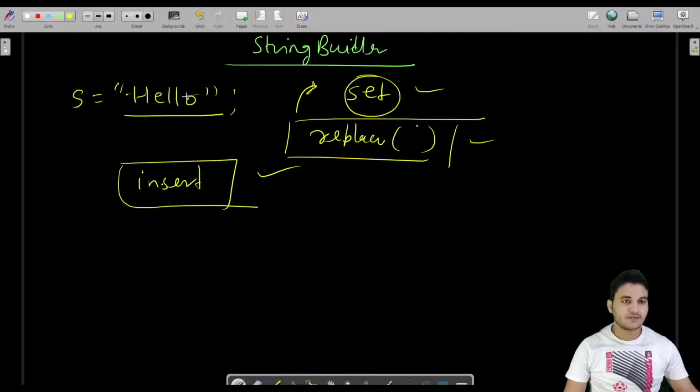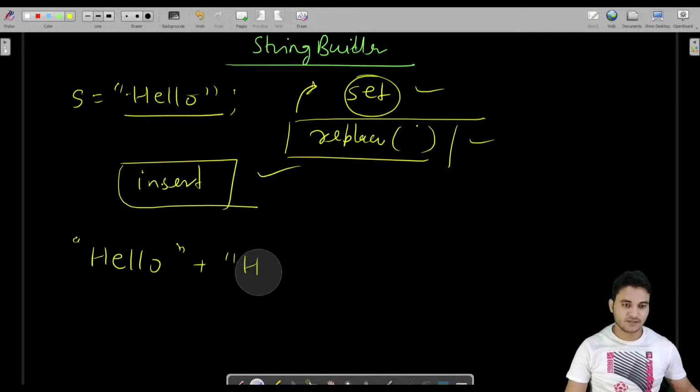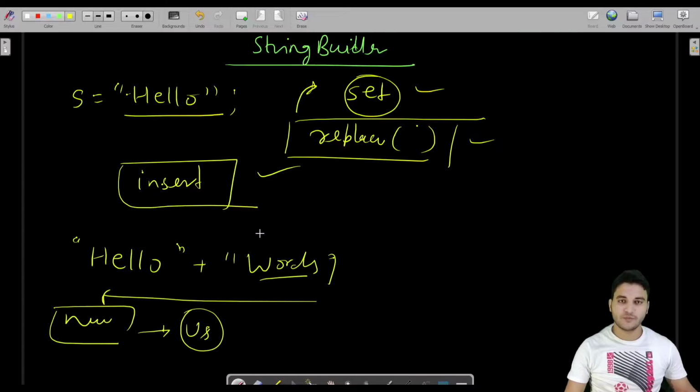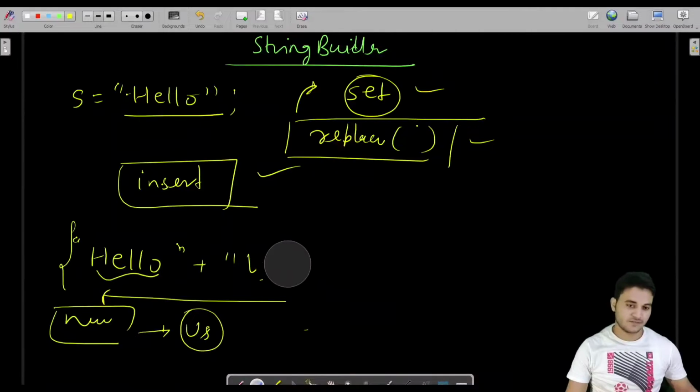And the main important thing, which is very bad about strings: let us say we have this string hello, and I want to add world to it later on, after declaring this string. Then it will create a new string. It will not simply append this into this. It will create a new string and return that to us. So that is also a loss of memory, because it is going to rebuild the string. That is also a disadvantage.